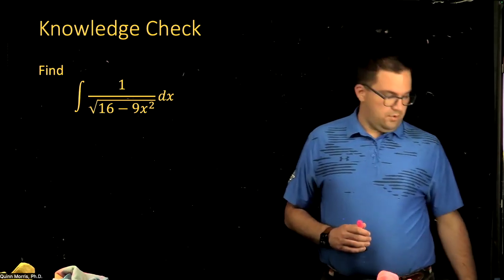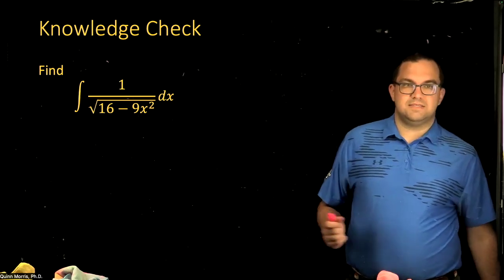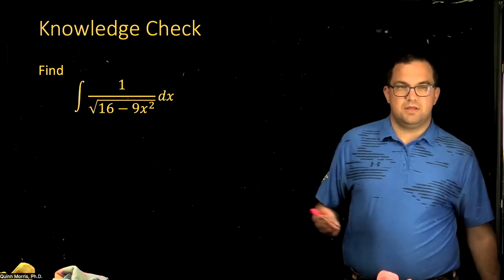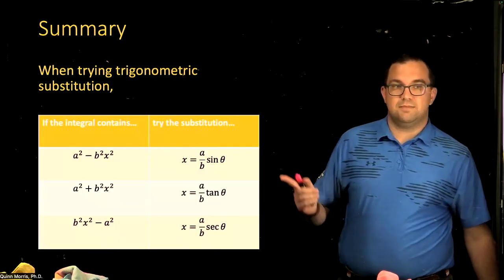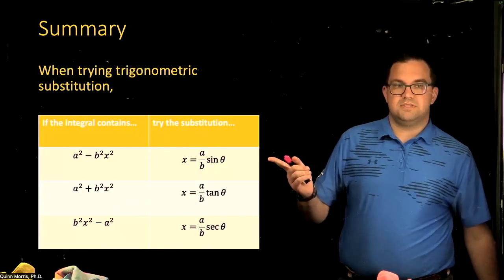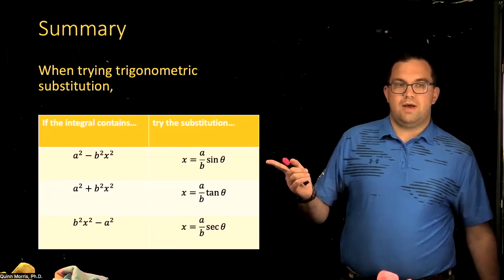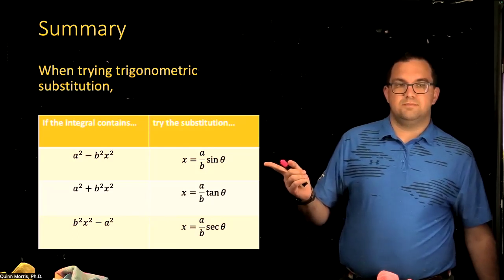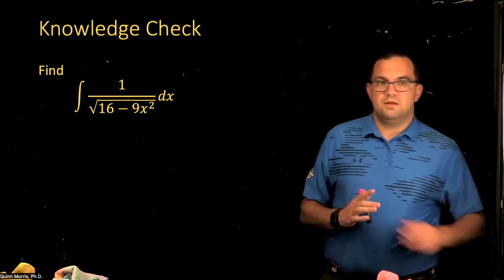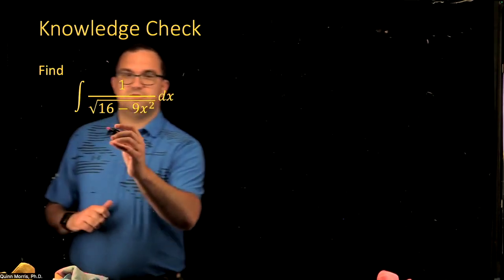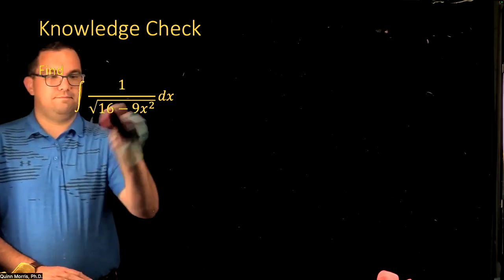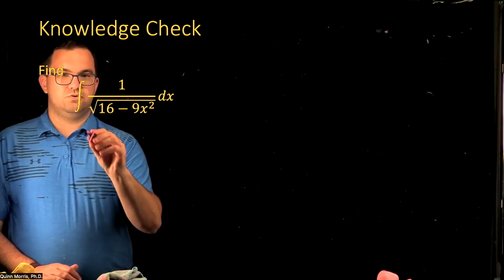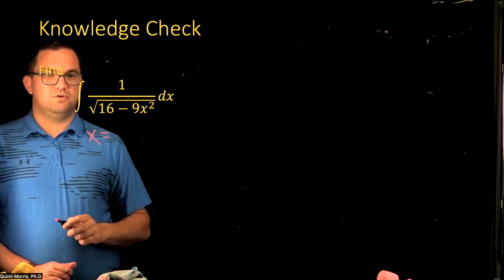Okay, great. Going back to our table, I look at this and I have a constant minus something like an x squared. Looking back over here, if I have a constant minus something like an x squared, that looks like what's in this first row. So I ought to try a sine substitution. Now, looking at this, I want my substitution to be